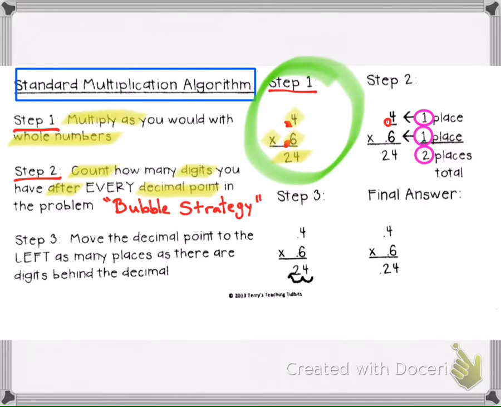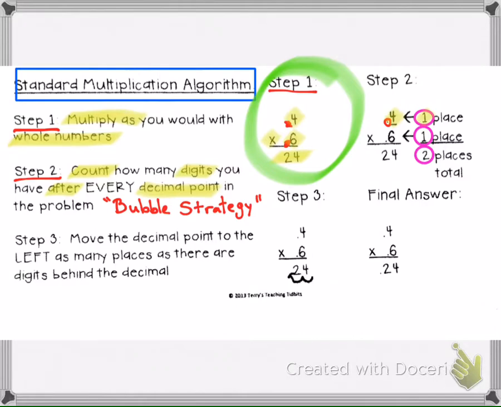So that's why we need to ignore the decimal until we're finished multiplying. Alright, so going back to step 2. Find your decimal point and count how many numbers you have to the right of the decimal point, or behind the decimal point. In the first factor, all you do have is the 4. So that's just one number. That's why we put a 1 inside that bubble, because we're just counting how many numbers we have behind the